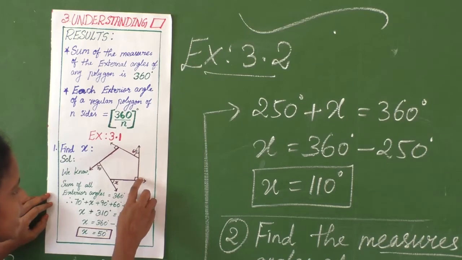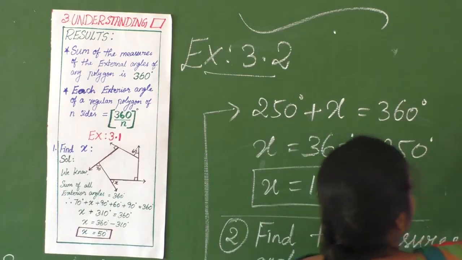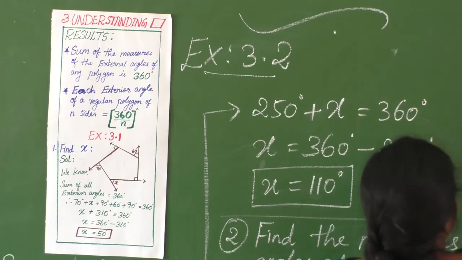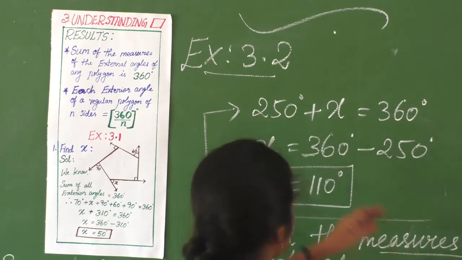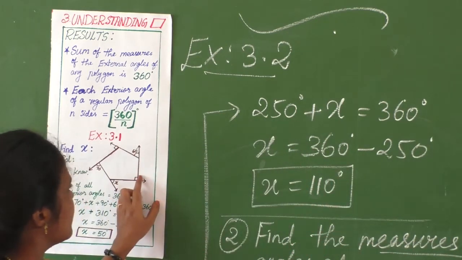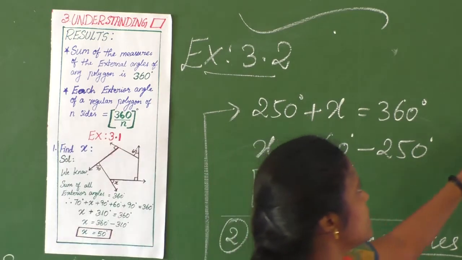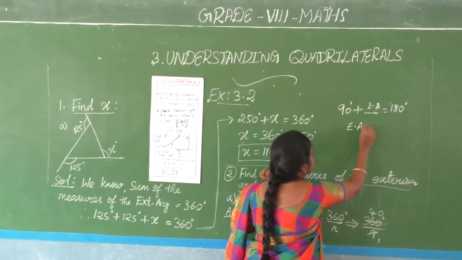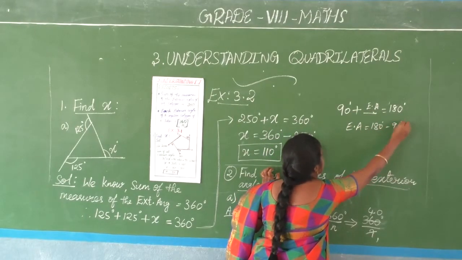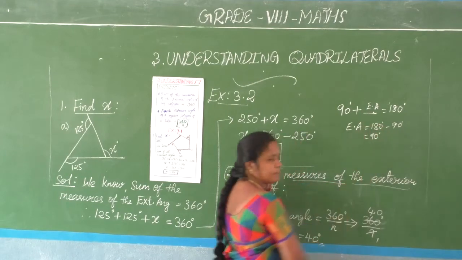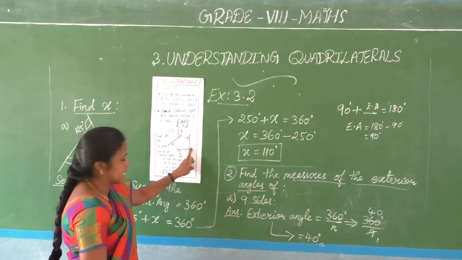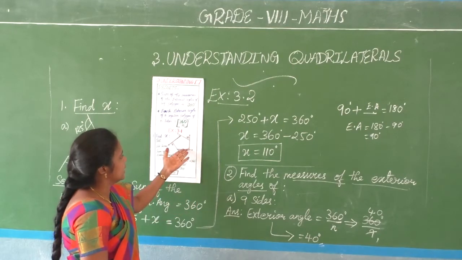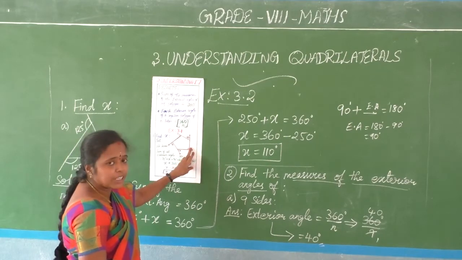The interior angle here is mentioned as 90 degree. What does that make the exterior angle? 90 degree plus dash equals 180 degree, where dash is the exterior angle. Both are adjacent, so they make supplementary angles. Using that concept, I have written 90 plus exterior angle equal to 180 degree. Therefore, exterior angle equals 180 degree minus 90, which is 90 degree. Though it is missing, we can find using the linear pair that the exterior angle is 90 degree.